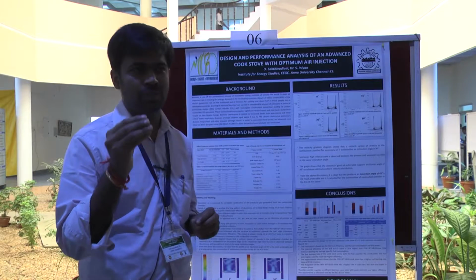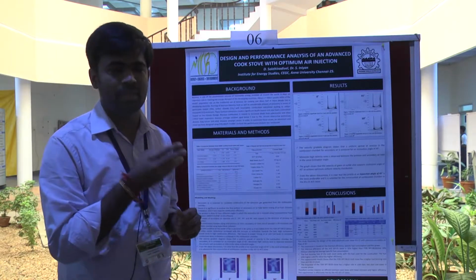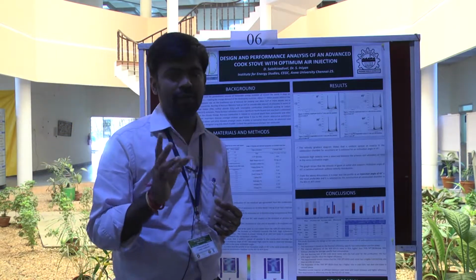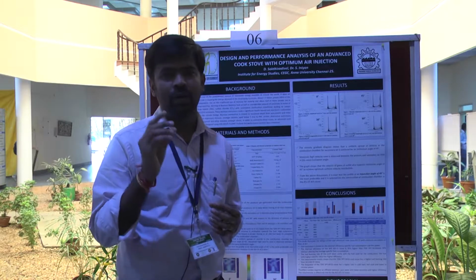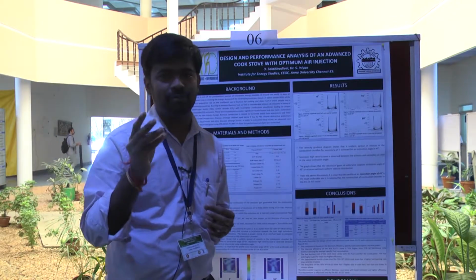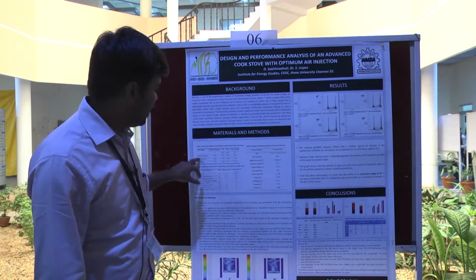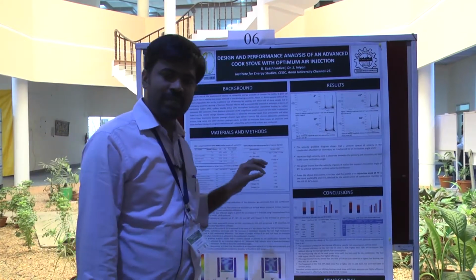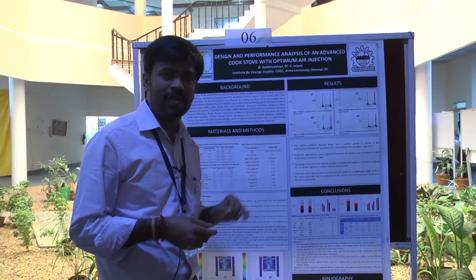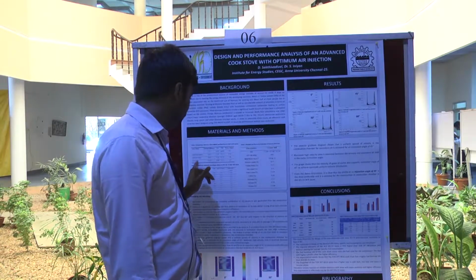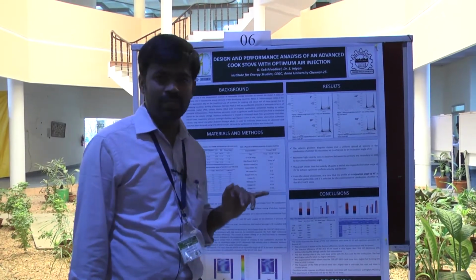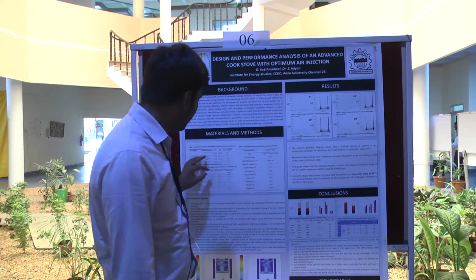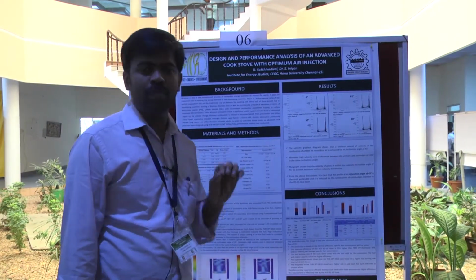And primarily we have taken 3 different sets of cook stoves which are available in the MNRE websites, because there are 3 different types of classifications of the gasified stoves. One is updraft, downdraft and crossdraft stoves, and here there are 2 different types of stoves, Urja Plus and Terry stove. These are the updraft cook stoves, and another one is Urja Plus, a crossdraft stove, and the efficiency of the stove should be more than 35%.